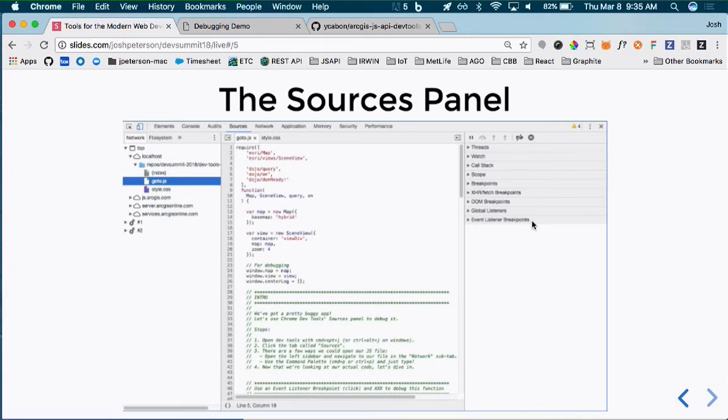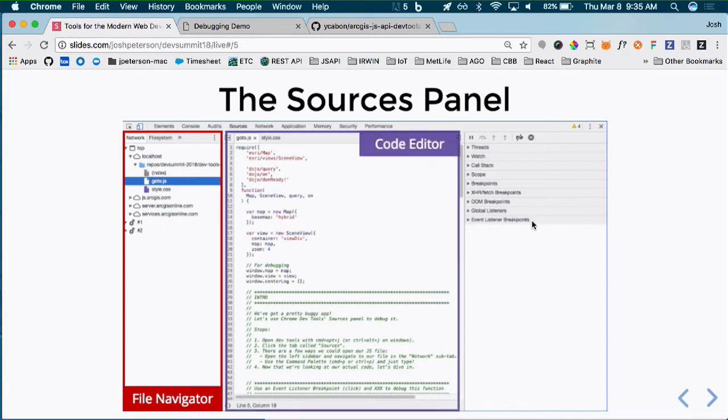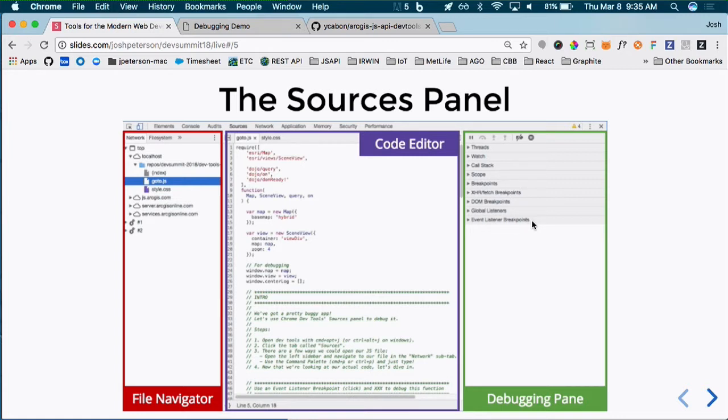So we'll start with the sources panel here. It's made up of three pieces, right? There's the file navigator on the left, the code editor in the middle, and then the debugging pane on the right. Anyone who's coming from a desktop environment with Eclipse or Visual Studio, this looks a lot like the regular